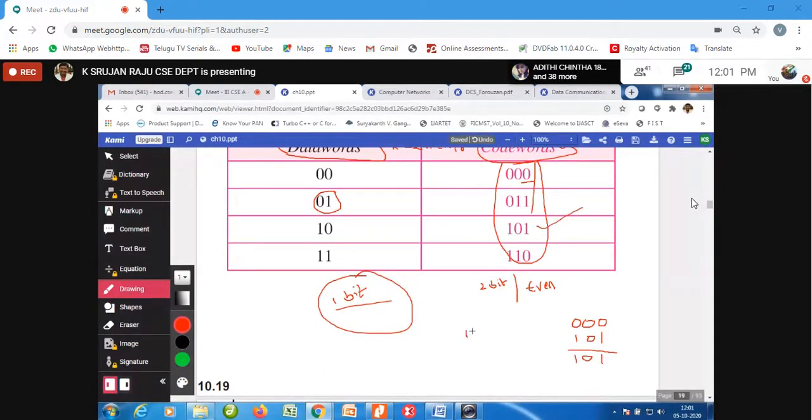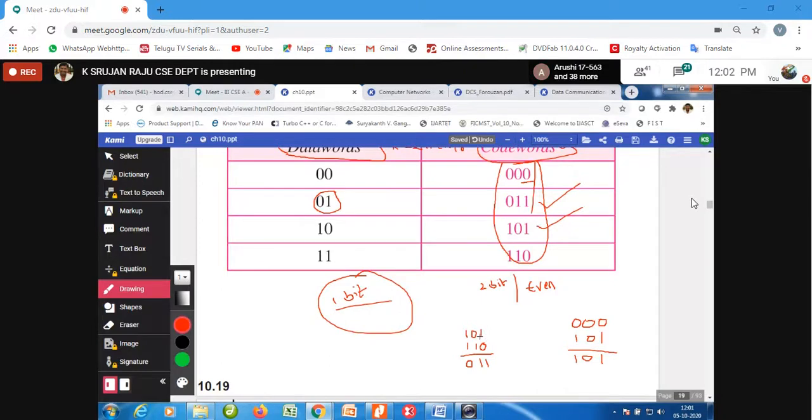Now take another valid code word, 101, and 110. XORing 101 and 110 gives 011, which is a valid code word.